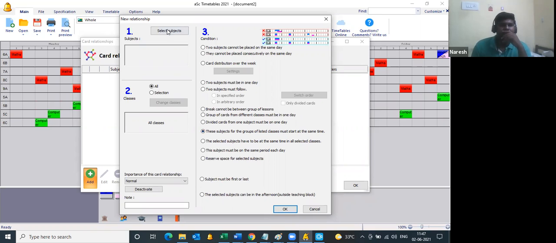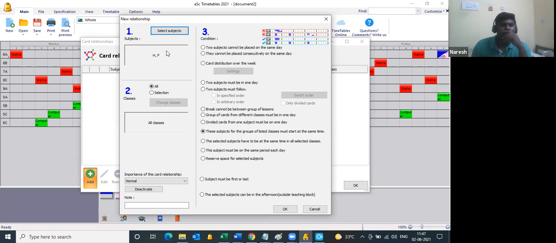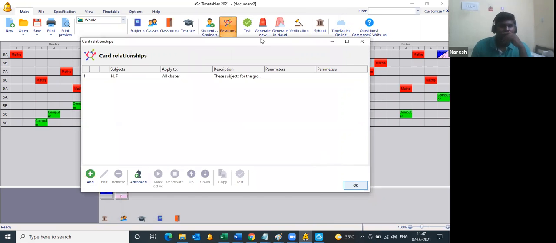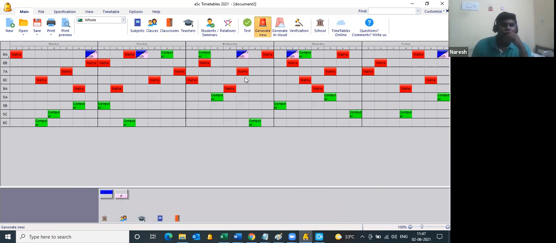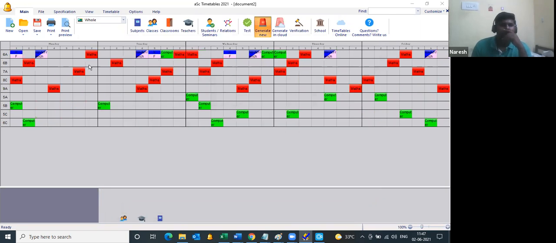Select the subjects Hindi and French. It might follow for a similar set of classes also. Leave it all and click on OK. Now generate it. You see here Hindi and French. I think this will be better.